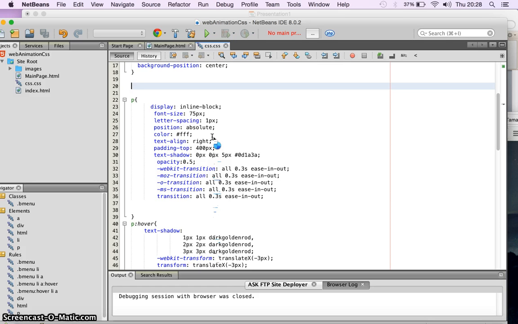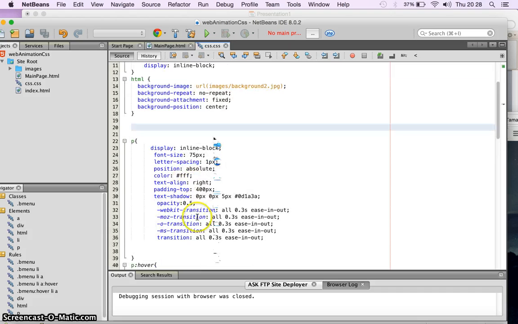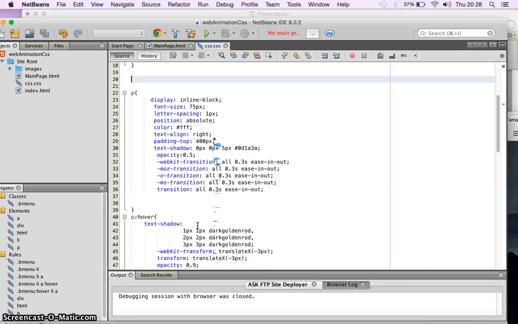The color is white, which is FFF, and the text align is right because we want to put it on the bottom right of the website. The text shadow gives the color, and the opacity is 0.5. And this is the time between transitions, which is 0.3 seconds, so the time to fade in and all those transitions inside the P